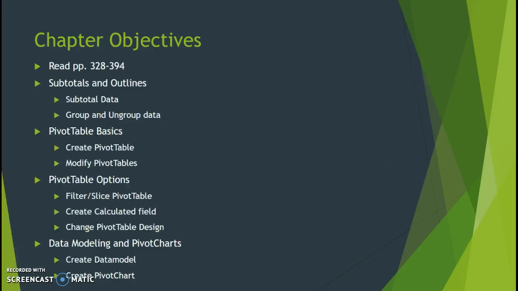So for the objectives for this particular chapter, we're going to be looking at pages 328 through 394 in the text. We're going to be covering subtotals and outlines. It's going to include subtotal data, which is going to be an extension of what we worked on last week in class, as well as the video series. We're going to look at pivot table basics, options within pivot tables, and then we're going to look at data